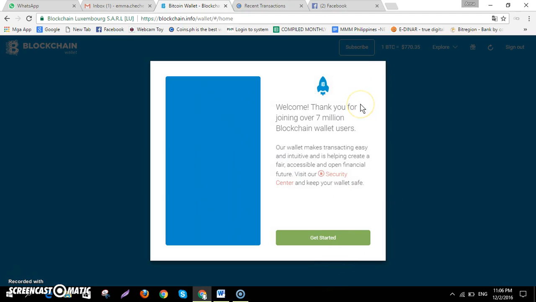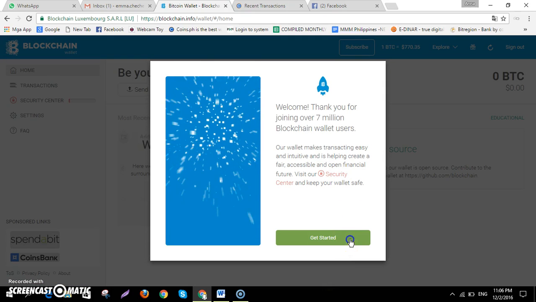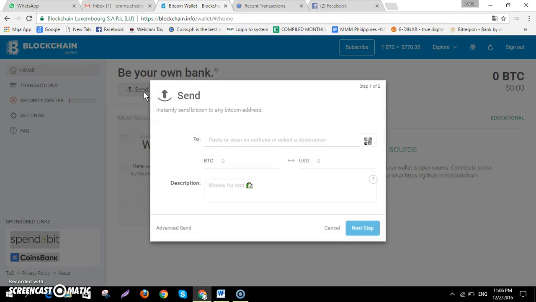After this, we go immediately to the dashboard. I'm going to click get started, and then we can see here send, meaning we want to send funds coming from our Blockchain wallet.